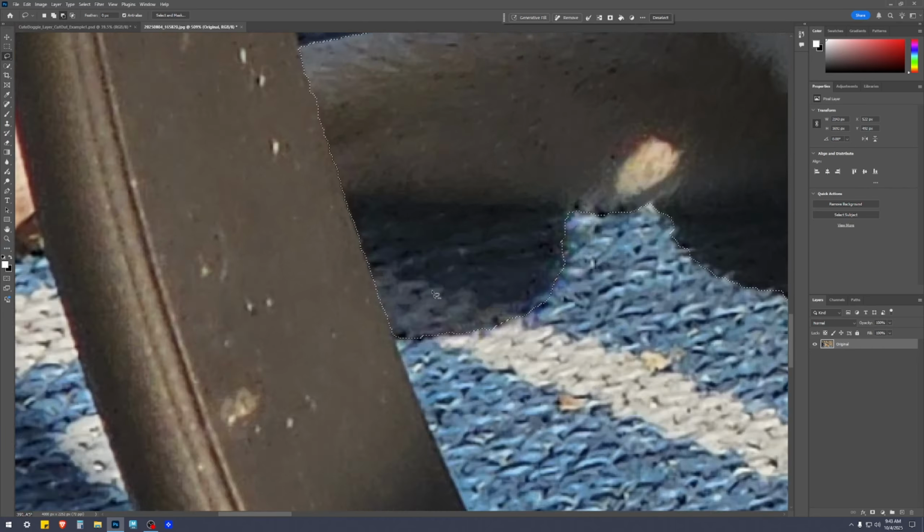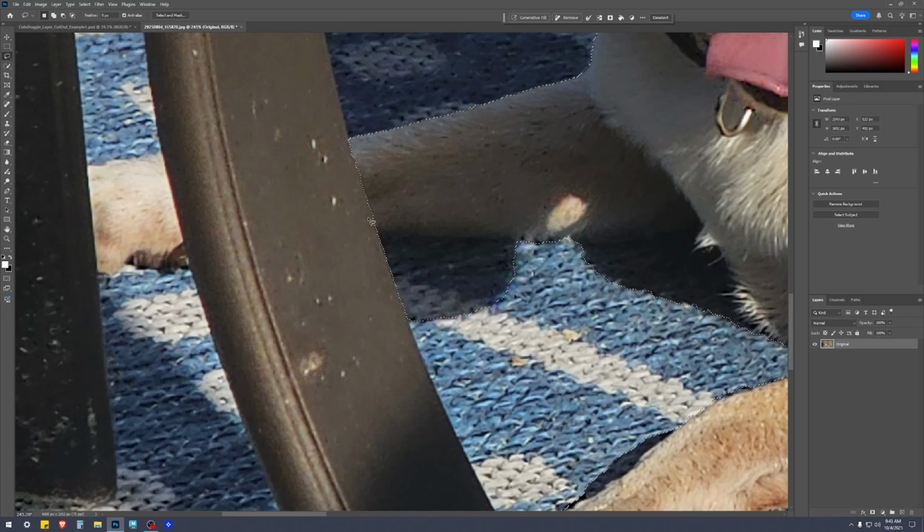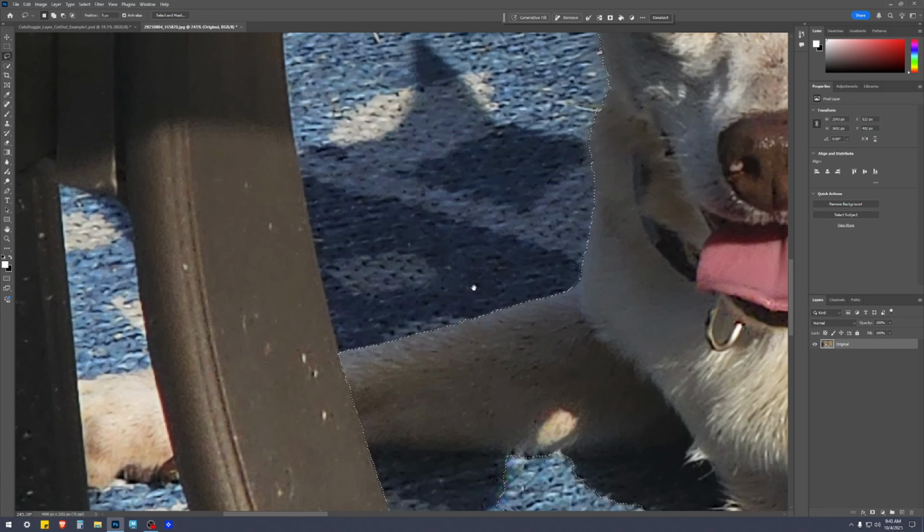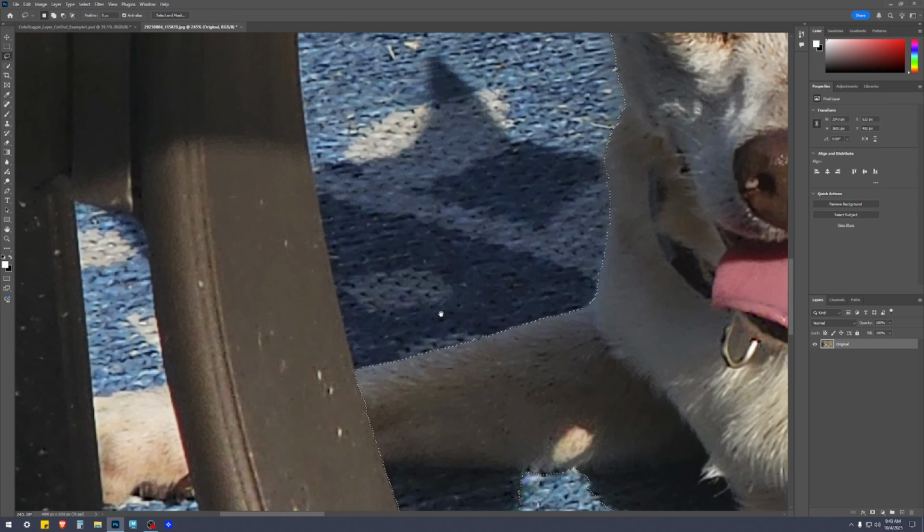I get a nice line. Holding Shift. This is possible only because I zoomed in closely. You have to zoom in closely. If you try to do it from way out here, it's gonna be super uncontrollable and just not worth doing at all if not zoomed in. This area,